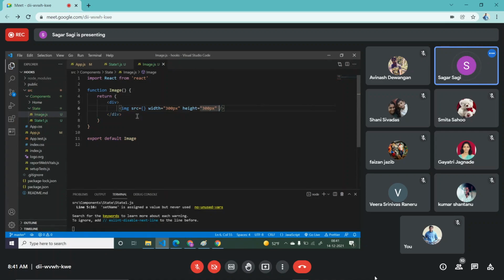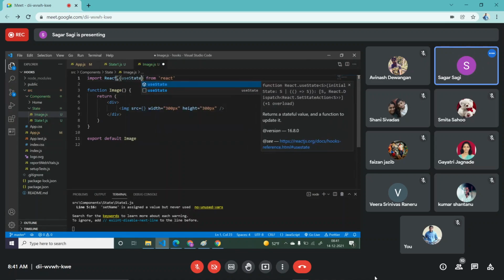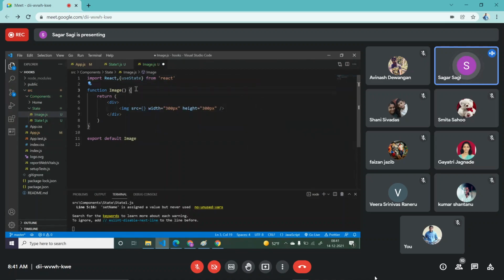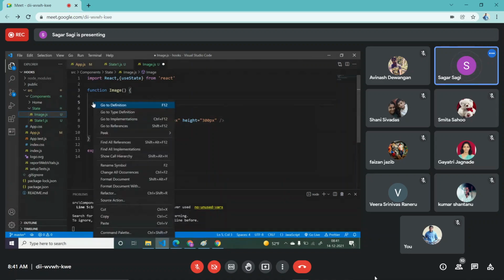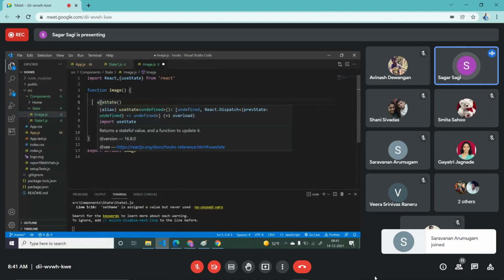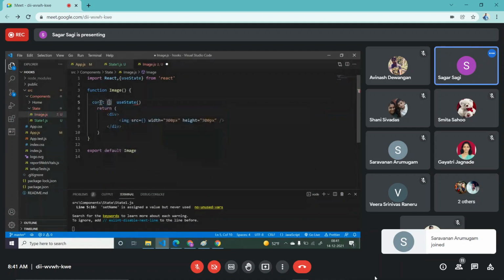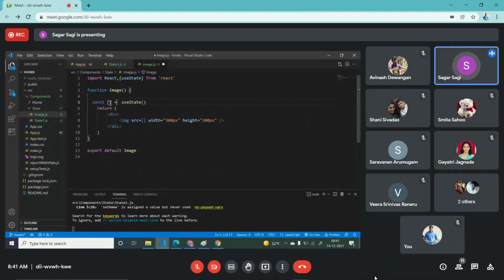Save it. Now I want to maintain one state. So what I can do, simply I can import use state first. To create a state, simply call use state like a function. Now it will return you one array. In that array, it returns two things.